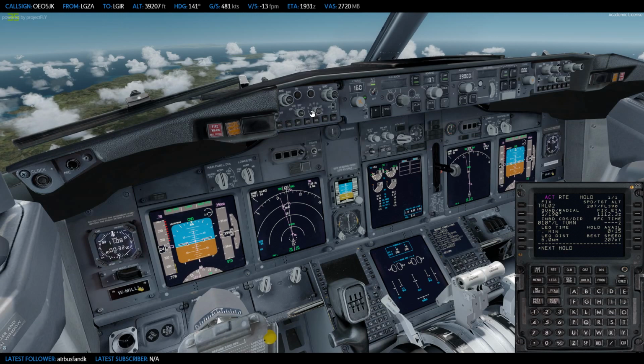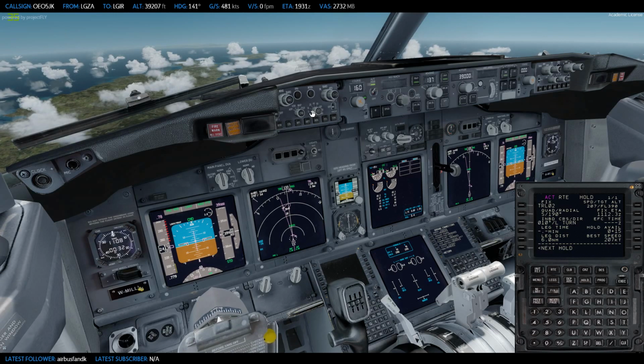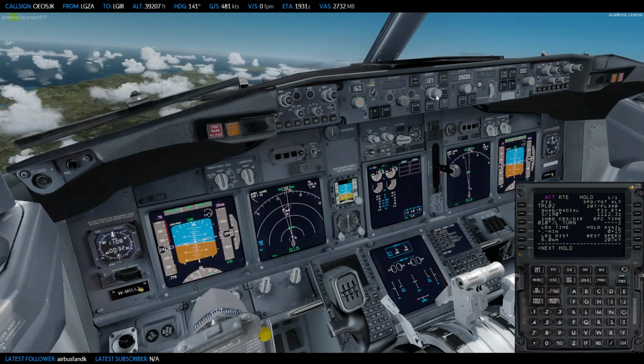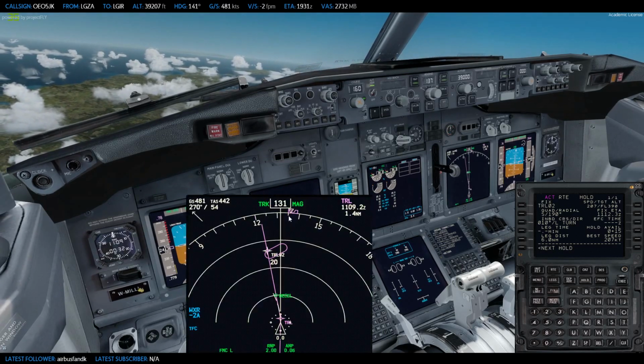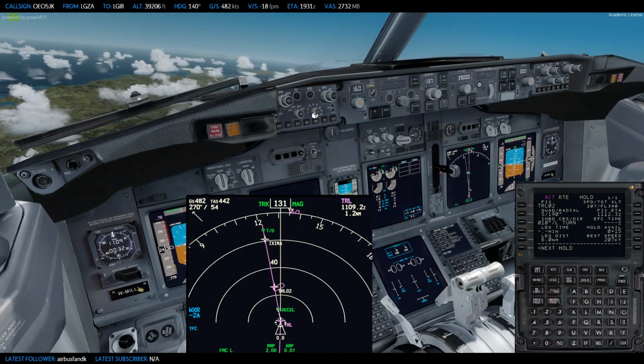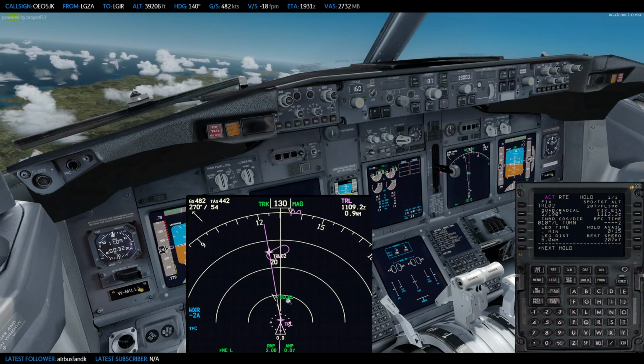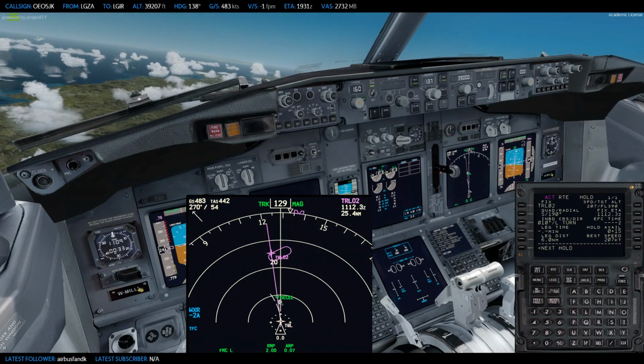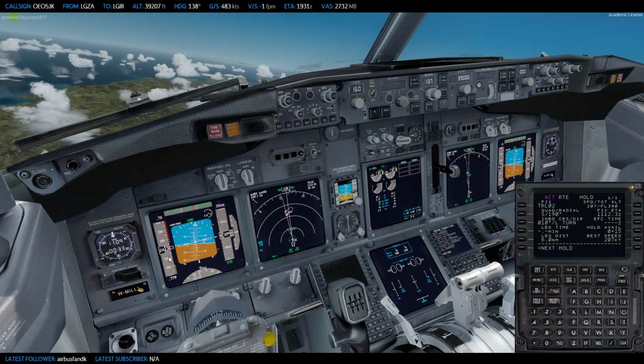And maybe I can leave it on LNAV to see how the airplane does it, or no, I'll do it manually. I will not risk. So here we have the deceleration point, and what it means is that we are now flying at best